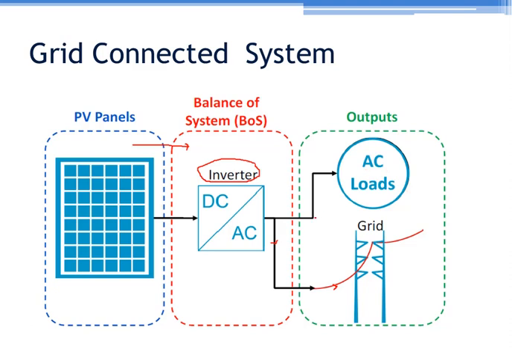Now there is one more option. If this power is generated at domestic level or home user level, they can have this low power, let's say 1 kilowatt to 5 kilowatt generation capability. They will use inverter. During the day, whatever power they generate from this solar panel, they will convert first into AC power using inverter. They connect it to the grid, and during evening they take the power back from grid to the home. So in a day, if let's say we are generating 4 units with 1 kilowatt plant, and at night we need 3 units, so every day we will be getting 1 unit price back from utility.